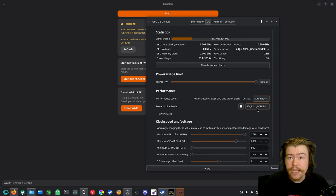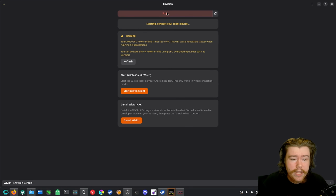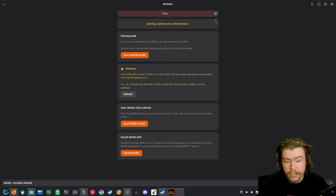I was just testing games, especially in sim racing like Dirt Rally 2. I didn't experience any type of stutters or anything on the automatic power profile, probably because maybe it was switching it properly or something. But if you do have stutters on an AMD GPU under VR, you will need to switch it to the VR power profile. And then you just click start and it's going to use WiVRn,